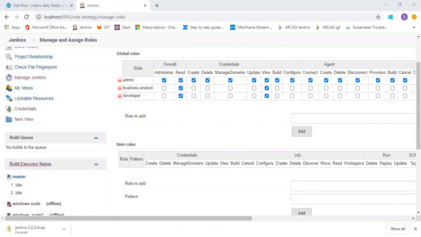Okay, so in this Manage and Assign Roles, we played with the roles, right? You have to select, from Configure Global Security, the role-based strategy to perform all the operations on assign and manage roles. To get this option, you have to go to the Manage Plugins section and search for the Role-based Authorization Strategy plugin. Just install it. This option will come there and you can select. Manage Users section, we just checked.